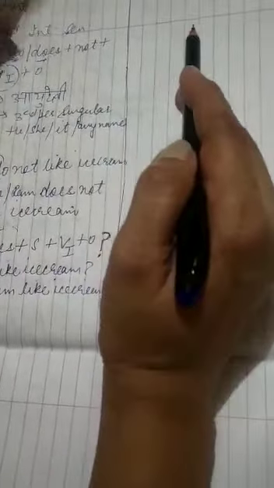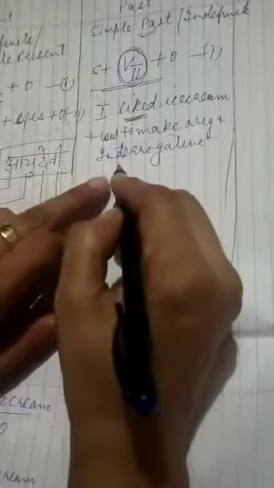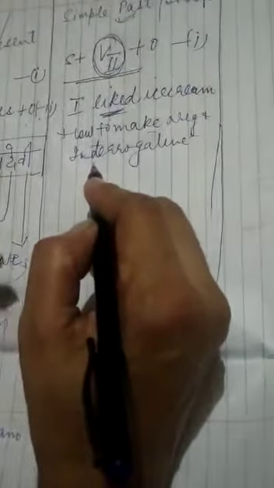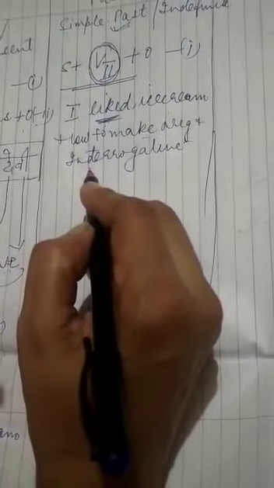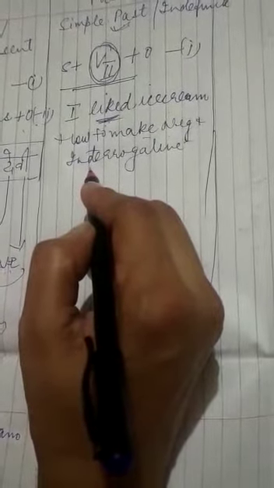Now remember that in simple present, to make negative and interrogative sentence, we have used the helping verb do and does on our own. Children, remember that in simple present we use do or does, and in simple past we will use did. So here we will use did. This you have to use yourself. You have to remember that you have to use these helping verbs on your own.